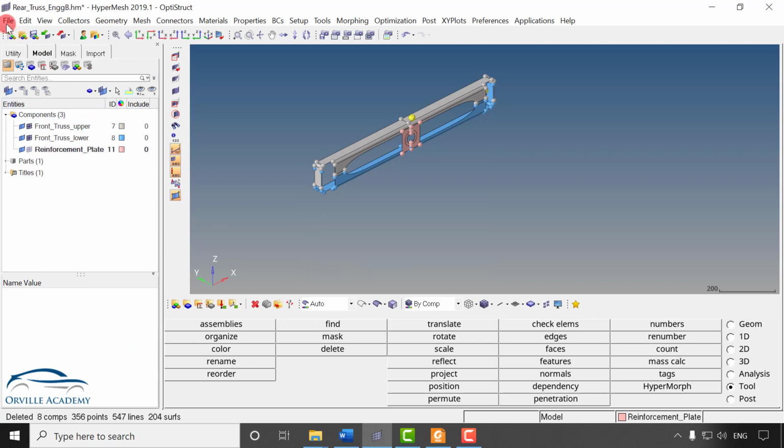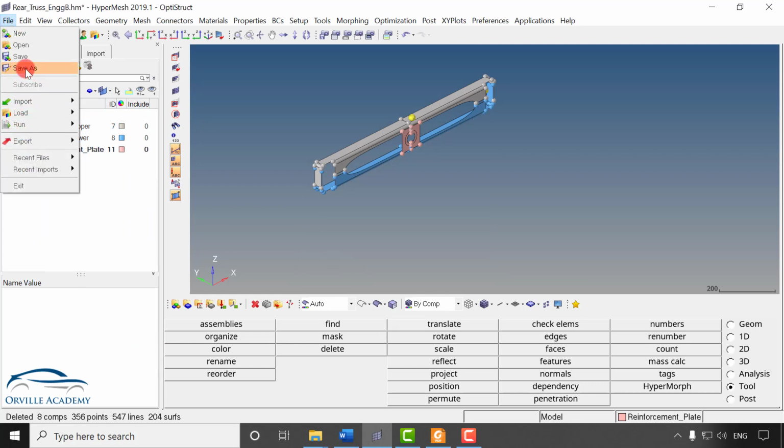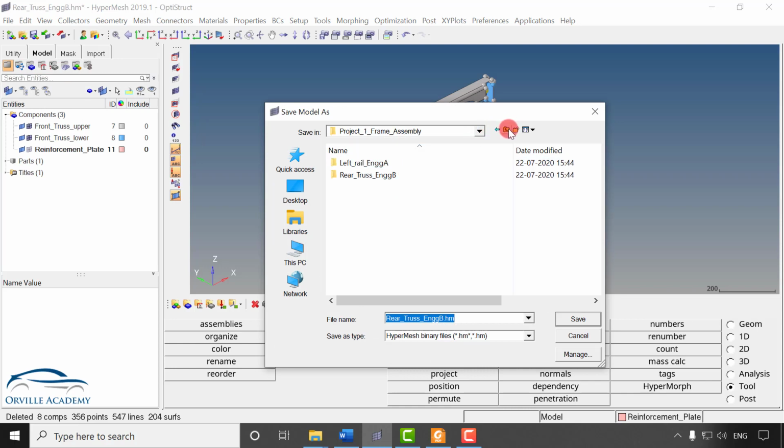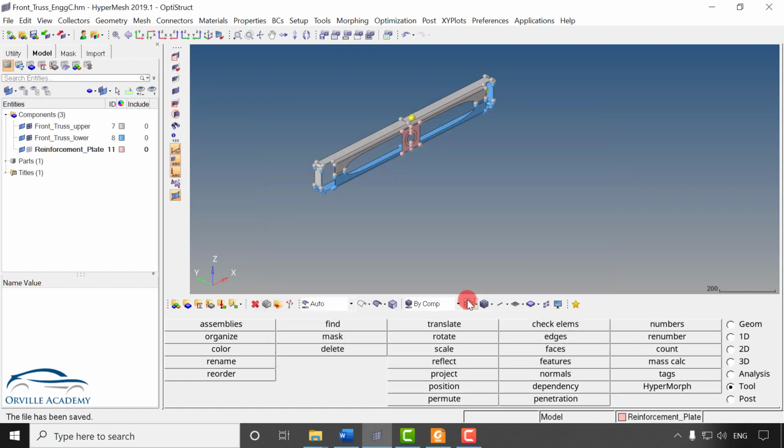And again save this file for engineer C. Give the name like front truss engineer C. In this way, basically, you can segregate the task between different engineers.